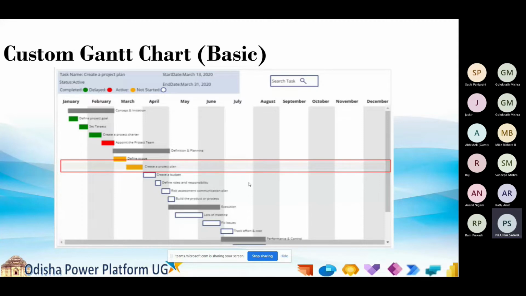I'll give that link in the references. I'll tell you the concept of this basic Gantt chart, then I'll discuss the disadvantages, then how I built it to mitigate those disadvantages, and how the client was satisfied with what I developed after that.